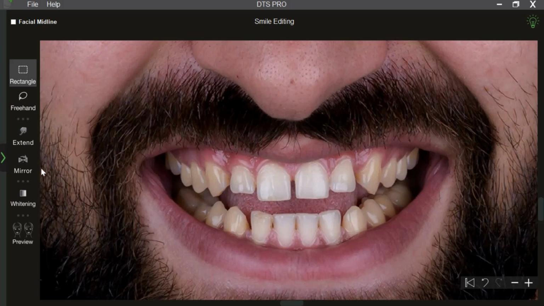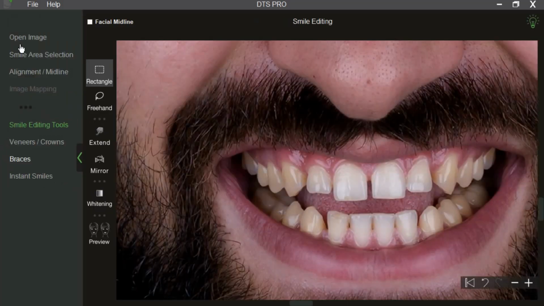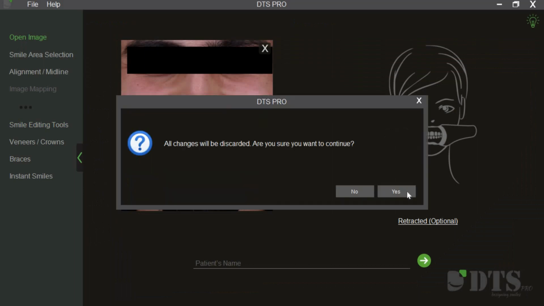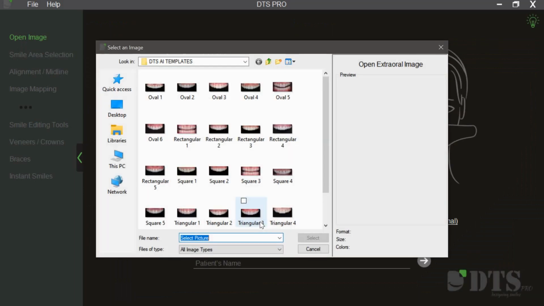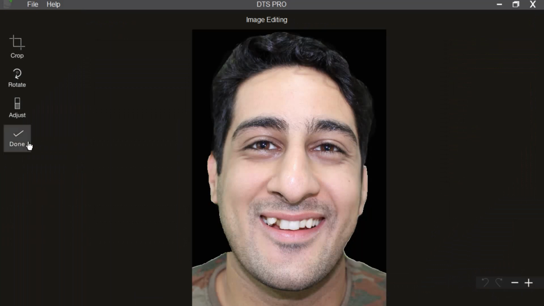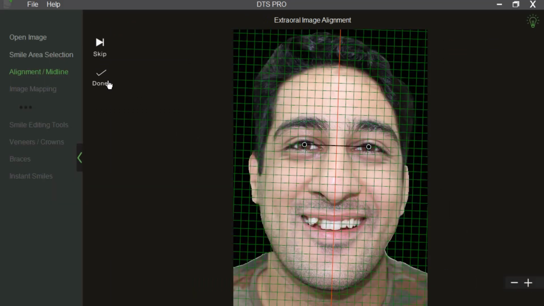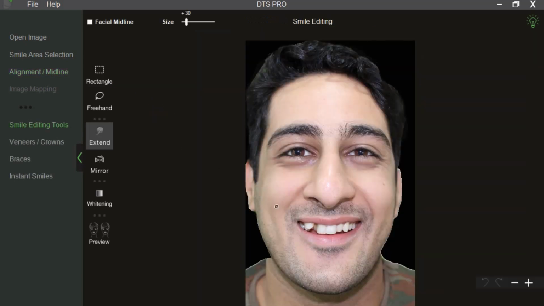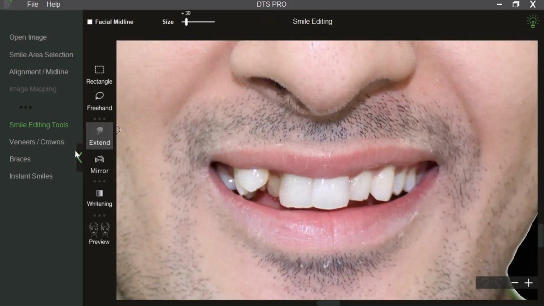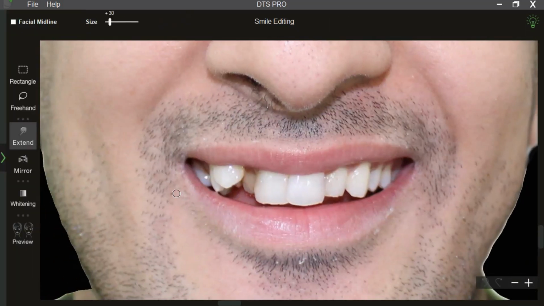Let us upload another image to understand the functioning of the whitening tool and the mirror tool. Following the normal flow, I can use my extend tool to correct my dental midline.